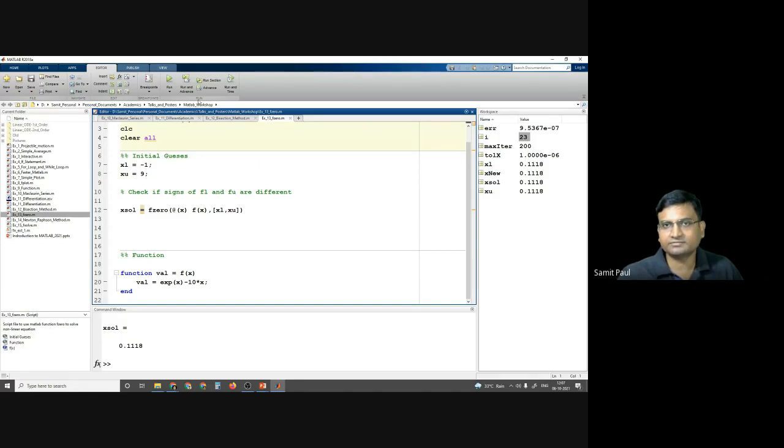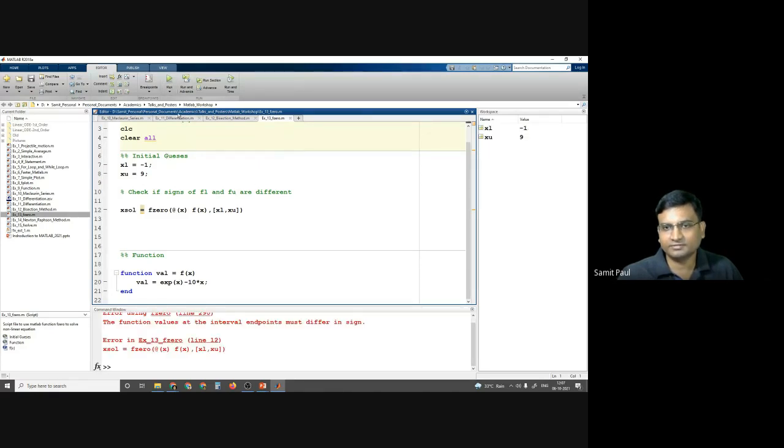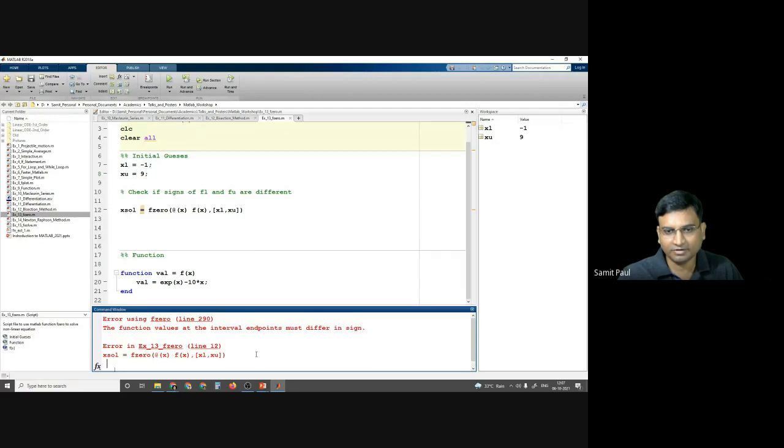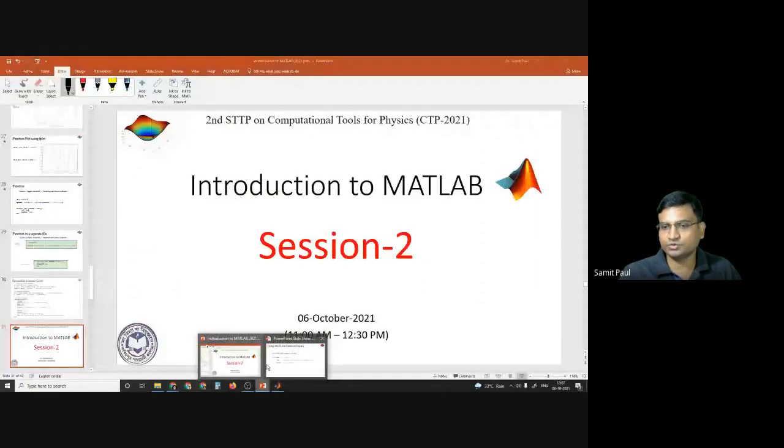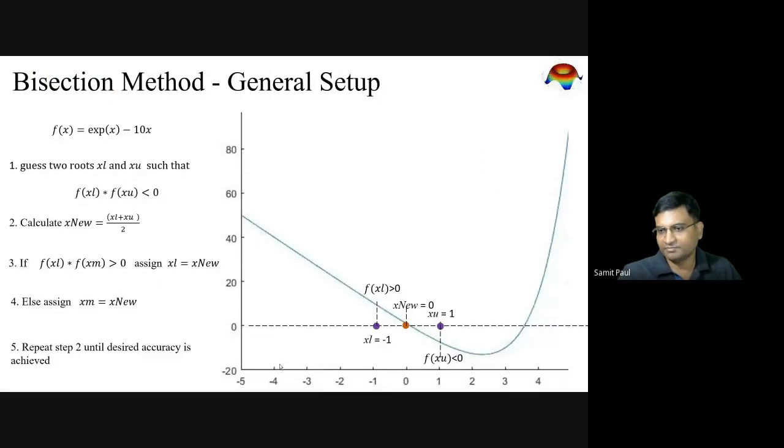Now if we run it, where is the error? What happened? Okay, so -1 and 9, does it contain any root? -1 is here and 9 is beyond my screen.